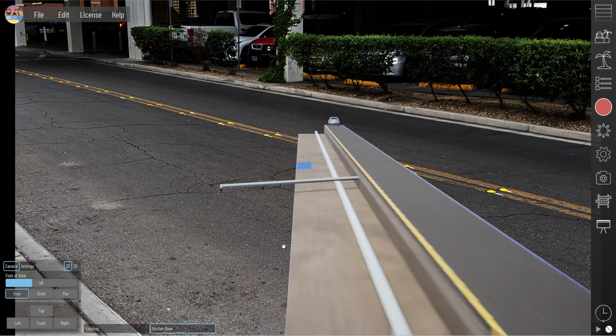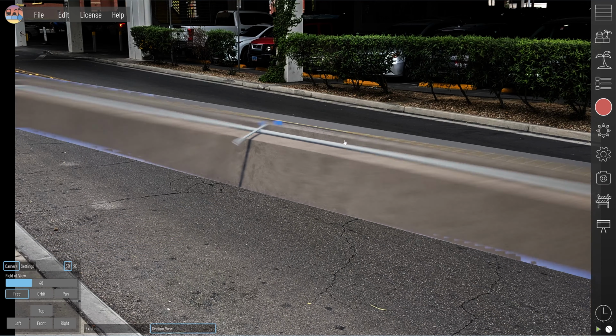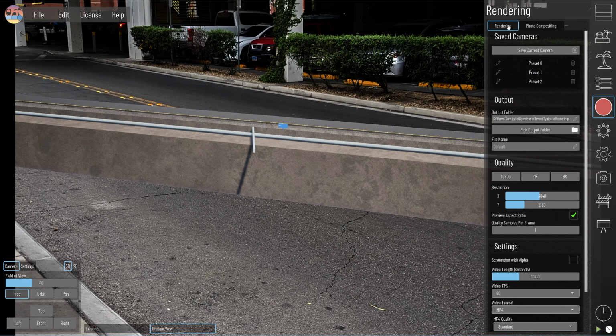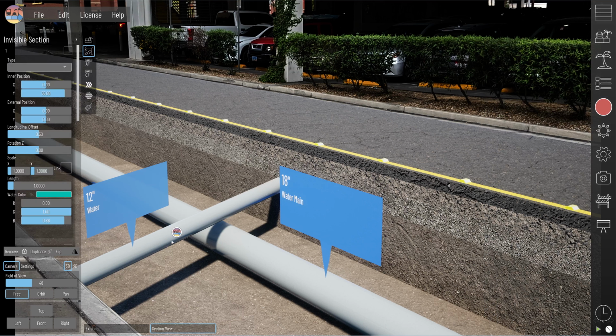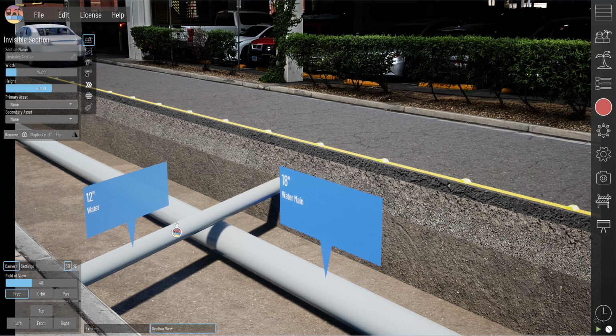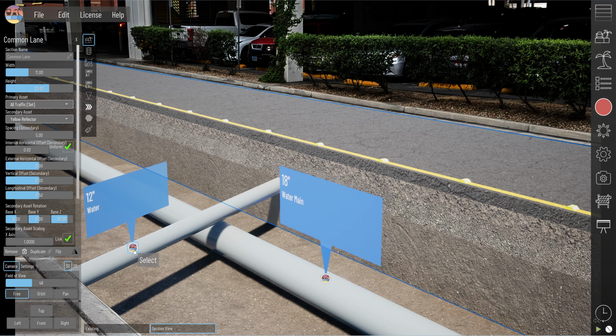And this is what it looks like in 3D. But once you camera match it, then it starts to look really nice in our model. And you can see here we've added some custom labels. To add custom labels, again, you can watch full tutorials on our website, but essentially the label needs to be